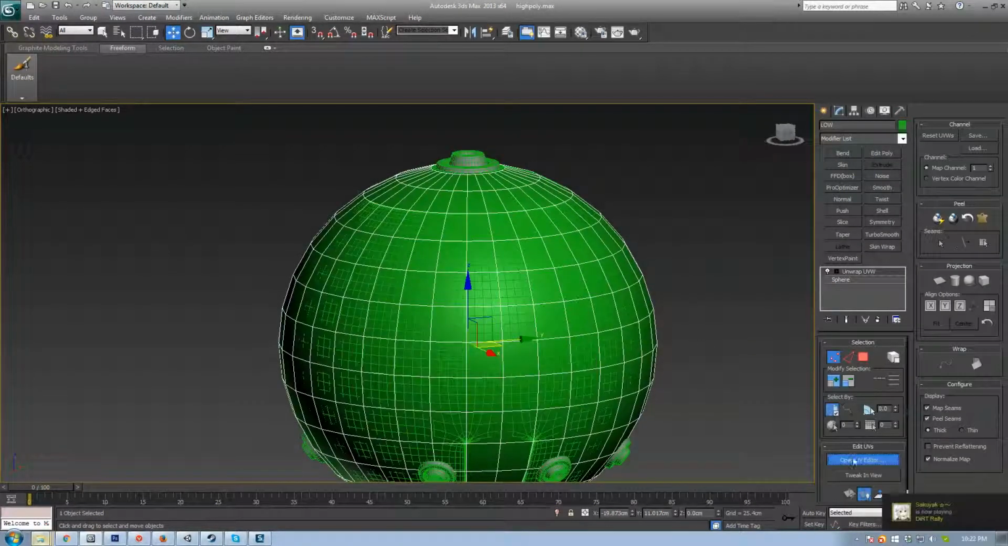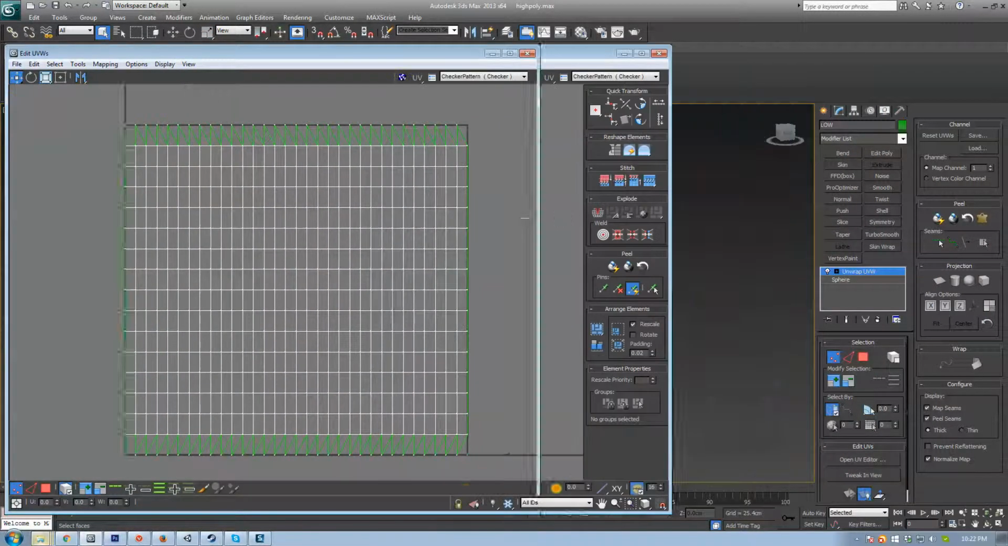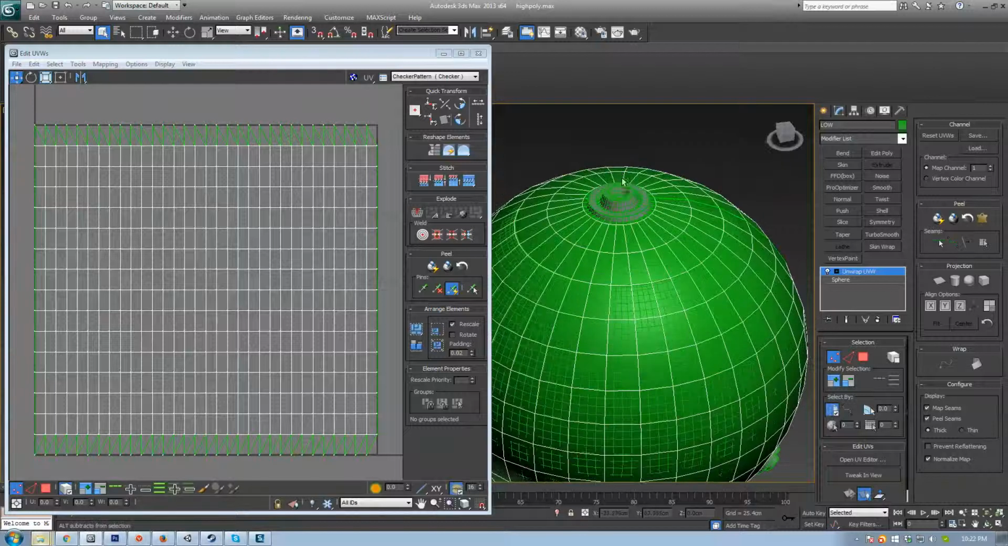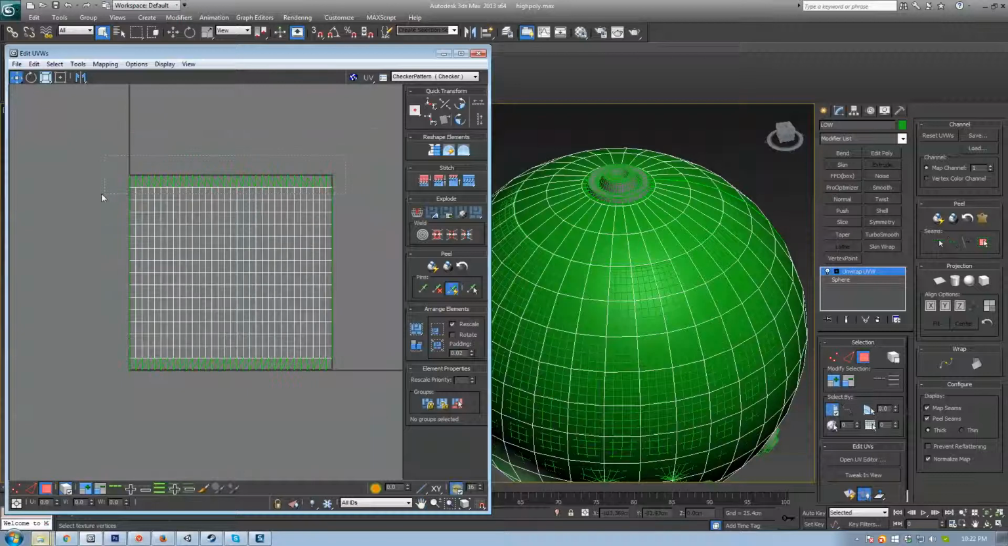I'm going to open up my unwrap. Now this is my default unwrap for a sphere, which is not the worst. It's not great, especially where all of these guys are concerned. They're all just triangles. They're not going to look very nice. So what I might want to do is select